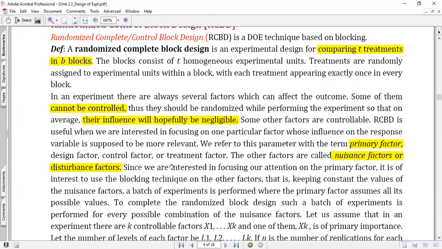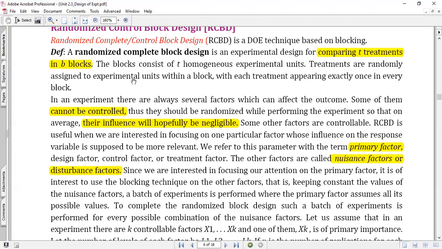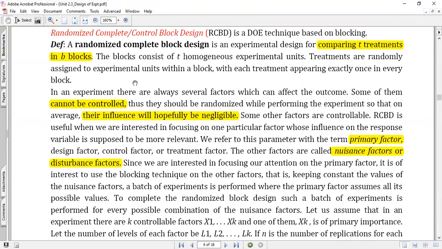Now, let me take one simple example here. I want to perform an experiment, as in the previous case: you have a drug, and you want to identify the best dosage level. So dosage levels 1, 2, 3, taken as treatment levels T1, T2, T3, three dosage levels. You had 8 experimental units and randomly assigned them to T1, T2 and T3. So the treatment is dosage level, and that is your primary factor.